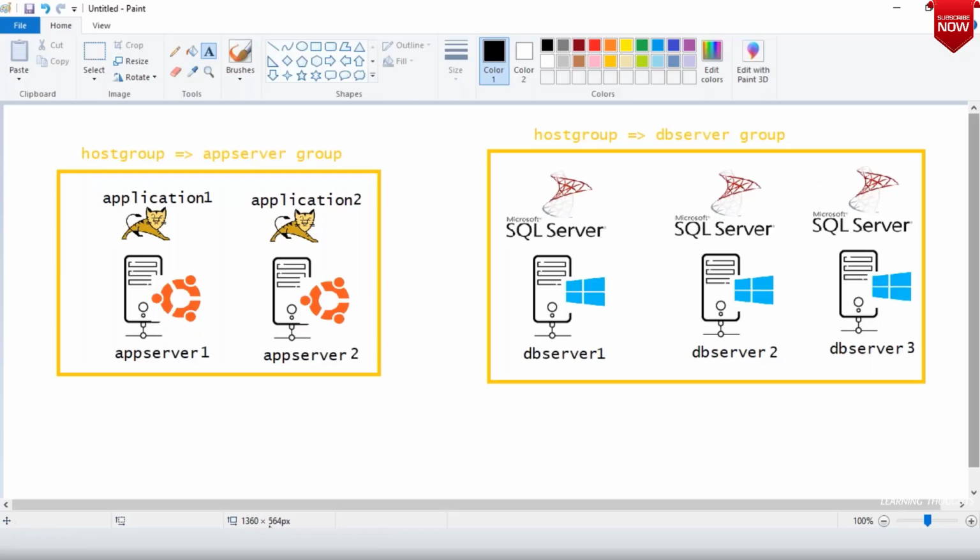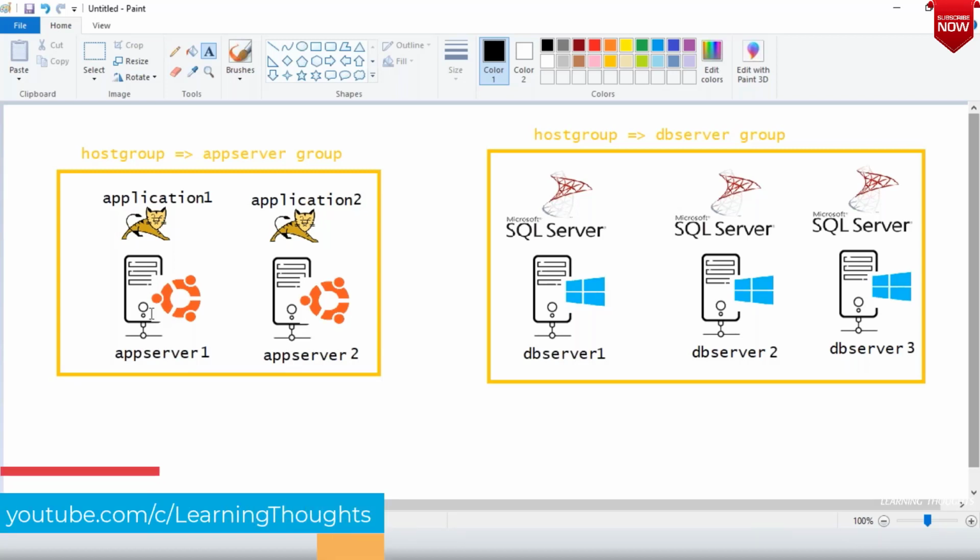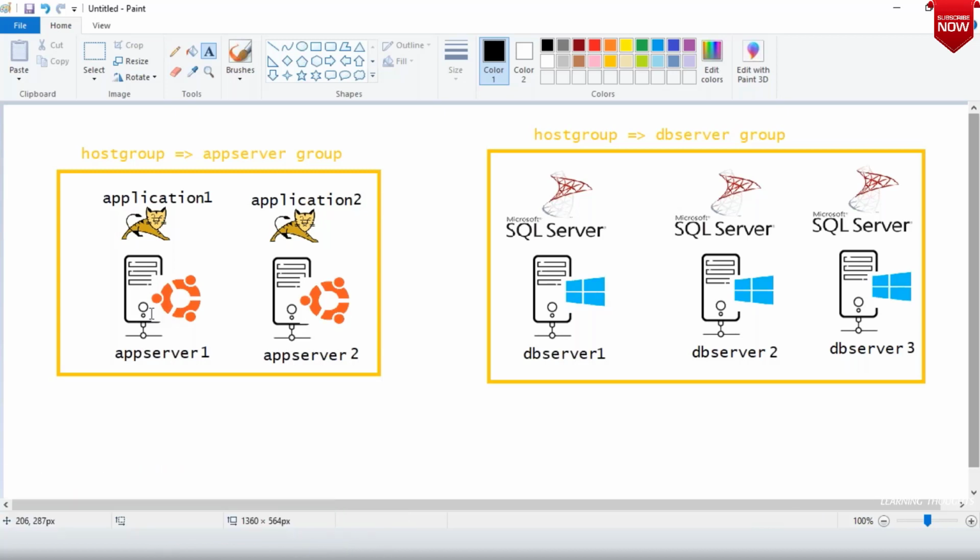Okay, so let me go back to this image. If I want to know whether the app server is working or not, I need to do some kind of check. To do this kind of check, Nagios cannot do the check directly. It will rely on something called plugins. To these plugins, Nagios will tell what has to be checked and what the limits are: when you should call it warning, when critical, when okay. Nagios defines those limits, and these plugins do those checks and return status to Nagios, and this status is shown to you all. Am I clear on this?